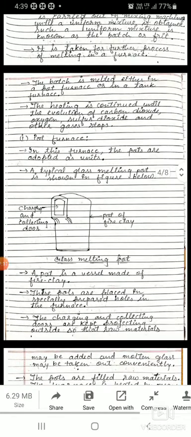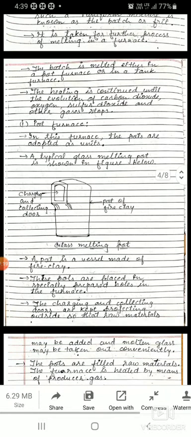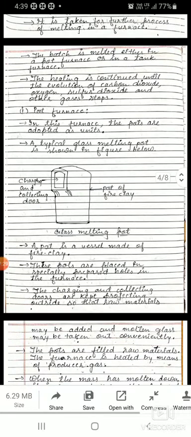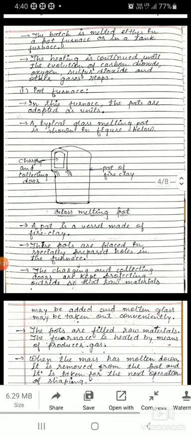The heating is continued until the evolution of carbon dioxide, oxygen, sulfur dioxide and other gases stops. The heating operation is carried out at a very high temperature, around 1500 degrees centigrade.